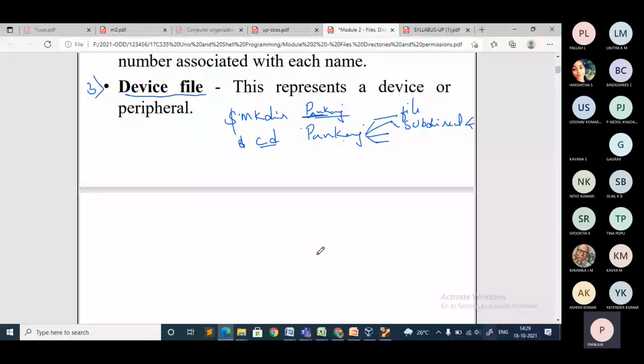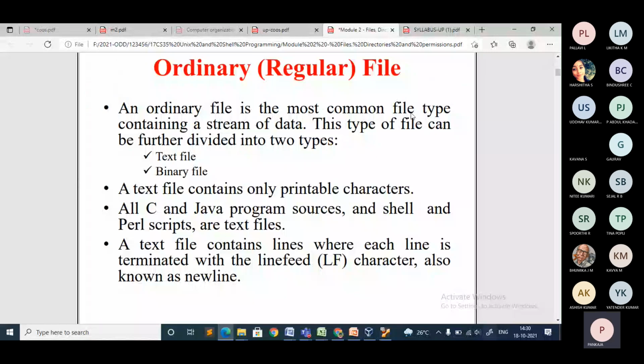Now we'll discuss in detail the ordinary file. An ordinary file is the most common file type containing a stream of data. This type of file can be further divided into two types: one is text file and another one is binary file. A text file contains only printable characters, for example all alphabets,